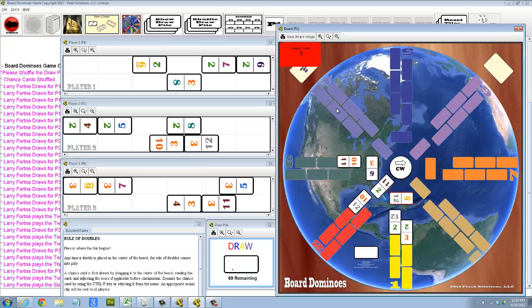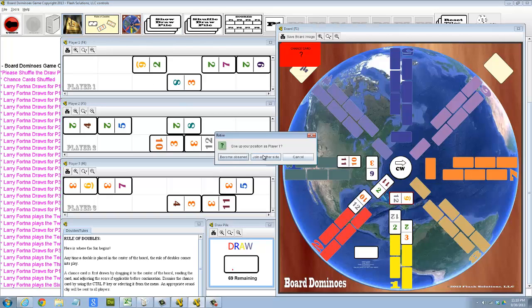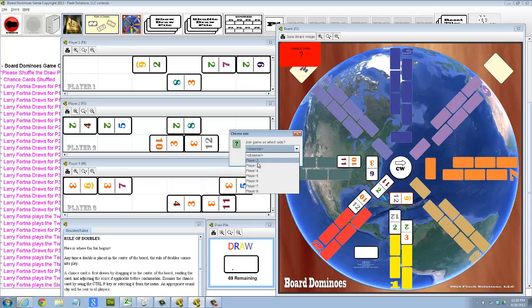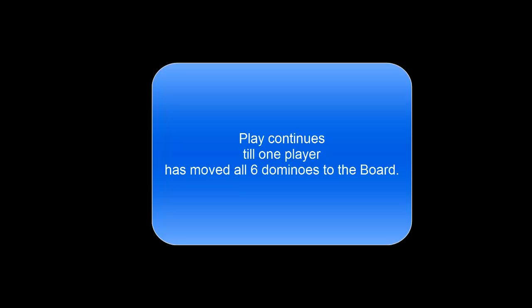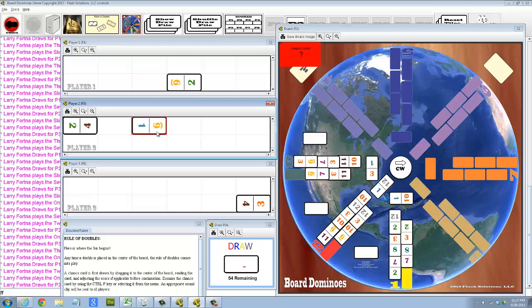Now player 2 can use that 12 on his train if he so desires and doesn't have something in his tray. But as we can see, he does have 12-3 already and will not need to take that discard. Play continues until one player has moved all 6 dominoes to the board. We've cut out some of the play just to shorten the video, and we're resuming now